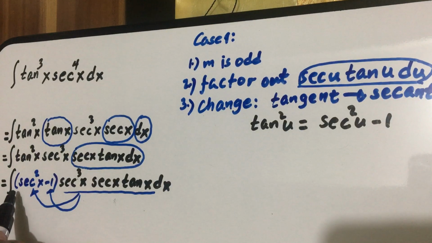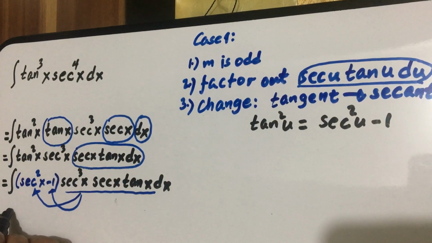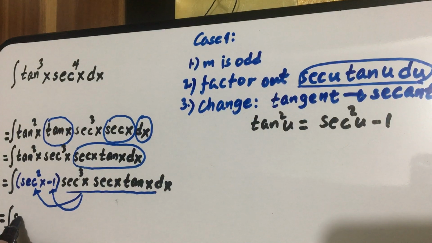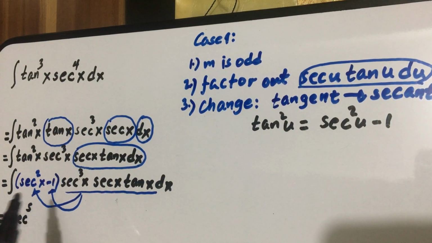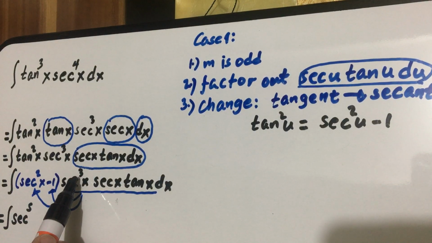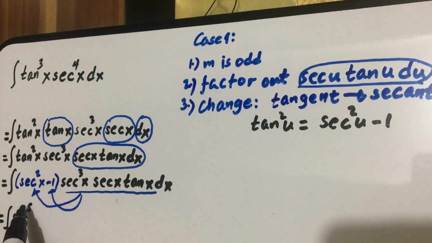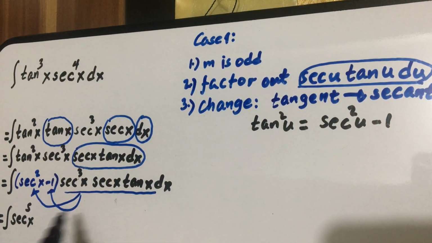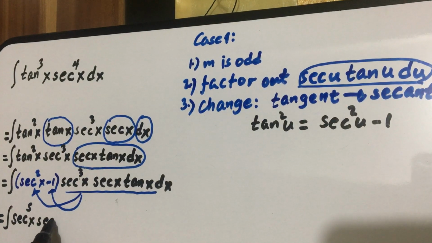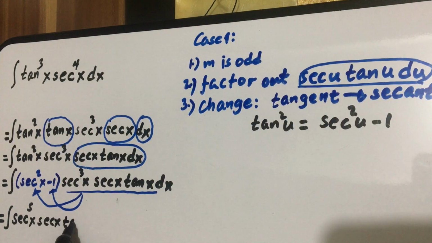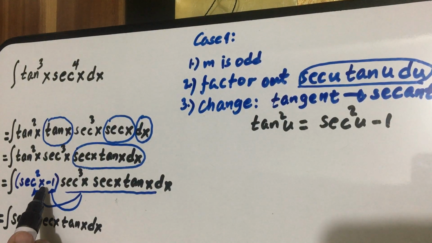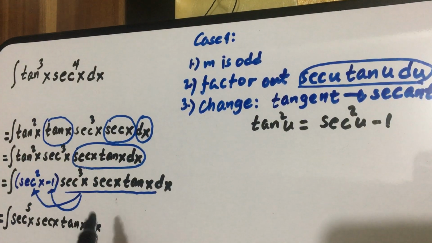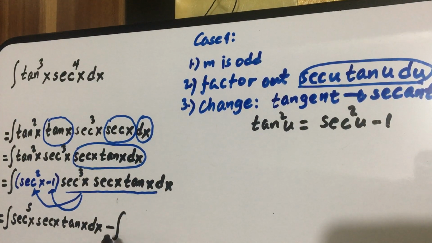So when you multiply this by the first term, we have the integral of secant to the fifth, because secant squared times secant cubed, you have 2 and 3, so 2 plus 3 is 5, then x, and of course you have to include this one, secant x tangent x dx, so that is our first term. Then we have minus, so you just distribute this integral sign also,